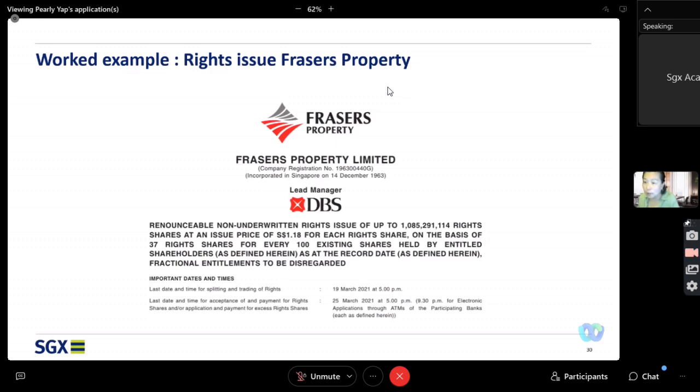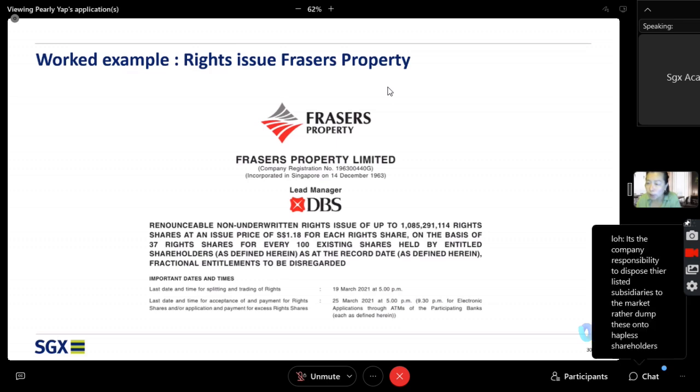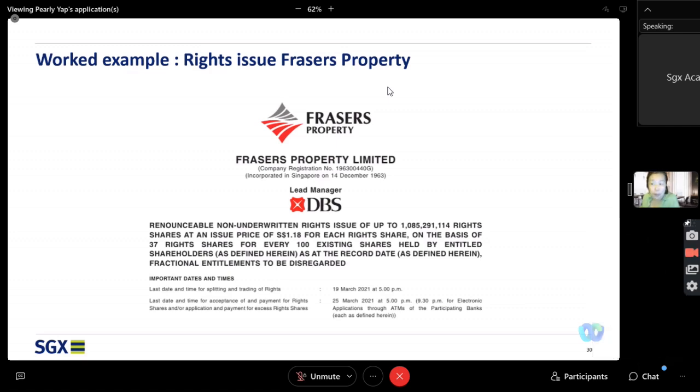Now, if the company wants to spin off another company, that's separate. That's not a dividend, right? That's a spin-off. Here you're asking me, you're saying that this company has distributed the shares in listed subsidiaries. Okay, so that's a spin-off. That's not a dividend. Okay, that's a spin-off. That's not dividend. Now, if they give you the election